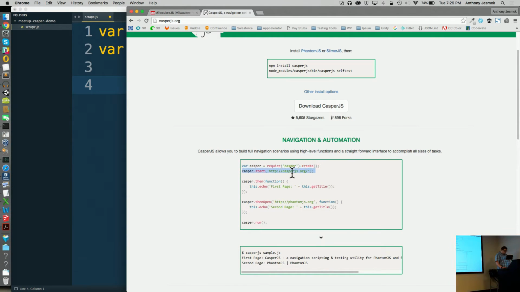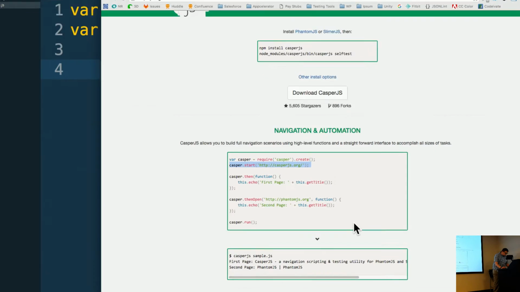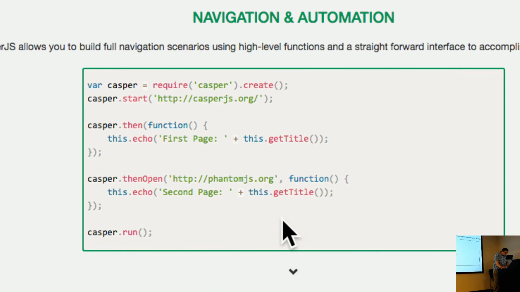So you can see the information is very, I will zoom in here. The basic navigation example we see on this page uses common keywords. So we're going to start with casper.start. We're going to start at that URL.